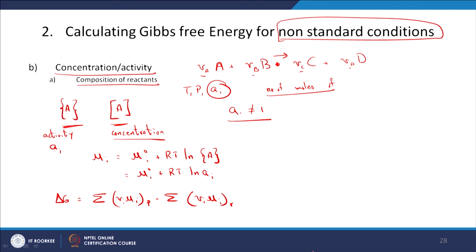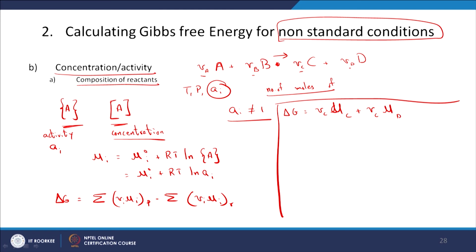So, we can now substitute here for this particular reaction, and so delta G I guess is equal to what now, nu C mu C plus nu D mu D minus nu A mu A minus nu B mu B, right, and this is what we have. So, let us say this is at the standard condition, and this is at the non-standard conditions, pardon me, and we know that if it is at standard conditions it is going to be